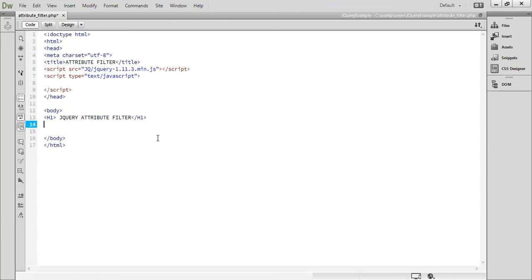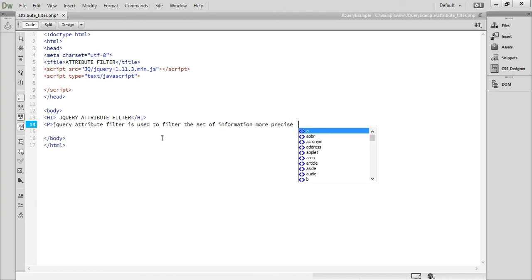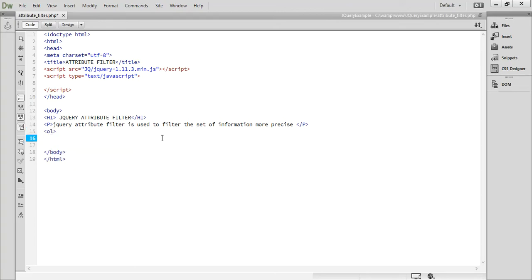jQuery attribute filter is used to filter the set of information more precisely. Let's suppose we are creating an OL and creating some code here, a list of countries: India, China, USA, Saudi. Okay, and we close this one, and similarly